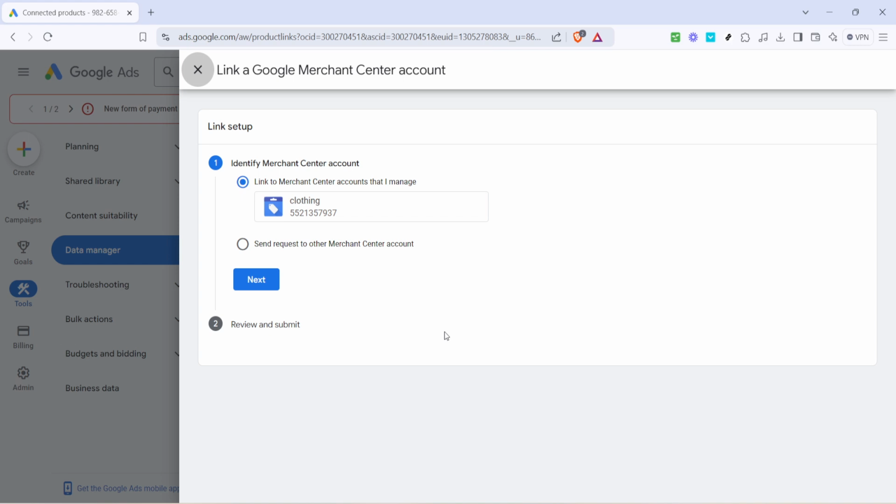And there you have it, a well-linked Google Merchant Center and Google Ads account in a few easy steps. This connection streamlines your advertising process and enhances your campaign's effectiveness by ensuring that product details are always up to date. If you run into any issues during any of these steps, Google's support resources are a great place to get further help.